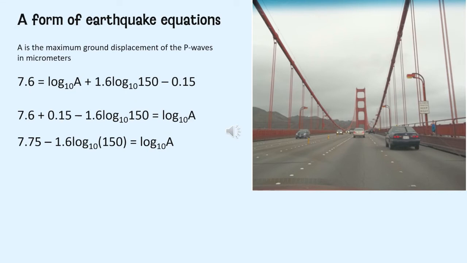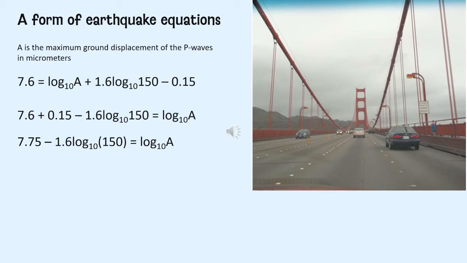Remember, solving equations involves undoing all the mathematical operations until you get your variable isolated. In this case, let's first collect like terms. So the negative 0.15 can be added to the 7.6. So I add 0.15 to cancel subtracting 0.15. And whatever I do to one side, I do the same thing to the other side. So that gives us 7.75. I can then